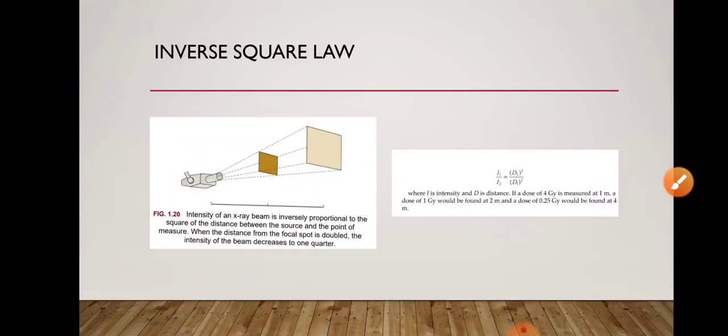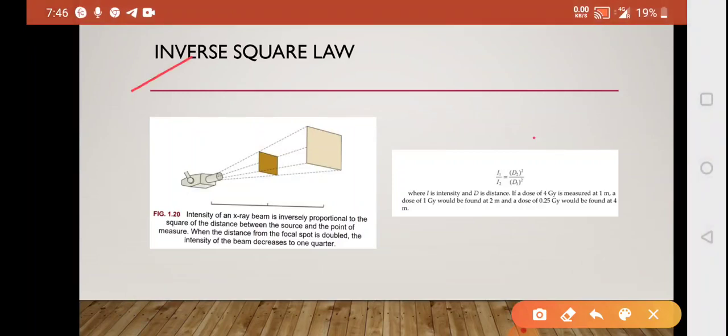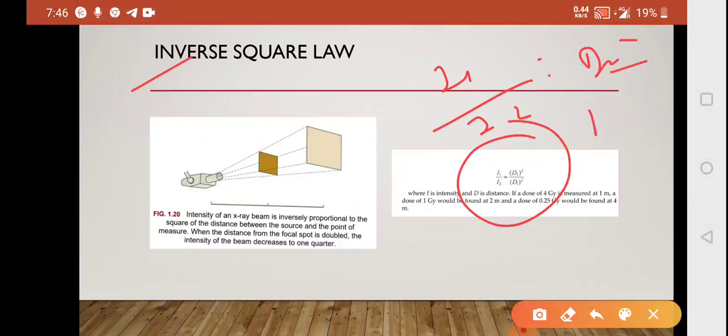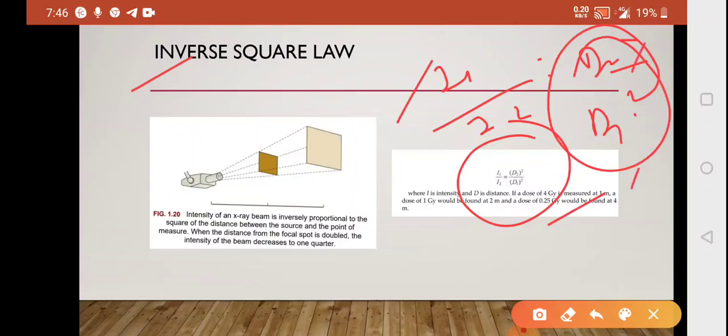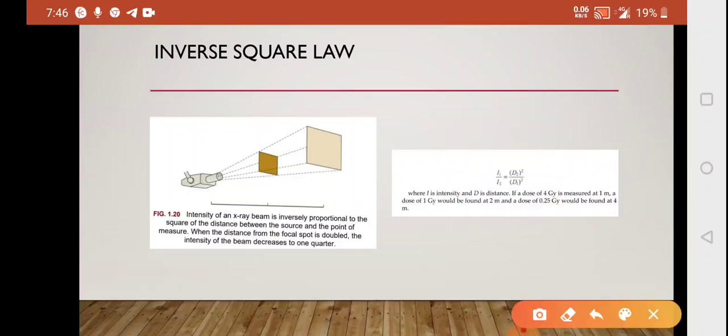Next comes your inverse square law. Inverse square law says I1 upon I2 is equal to d2 square upon d1 square. So regarding it, the questions that can be asked are very simple. If this is the intensity, this is the distance, then at this distance what intensity is required. Out of the four values, they can remove any one.